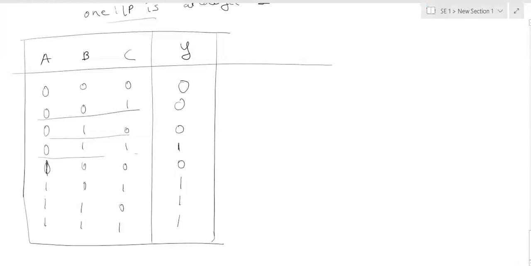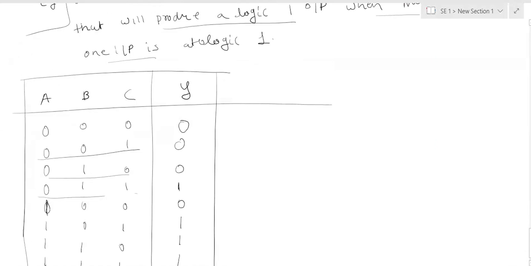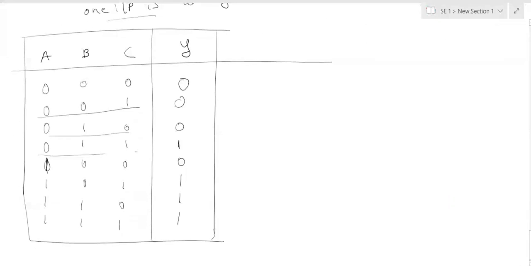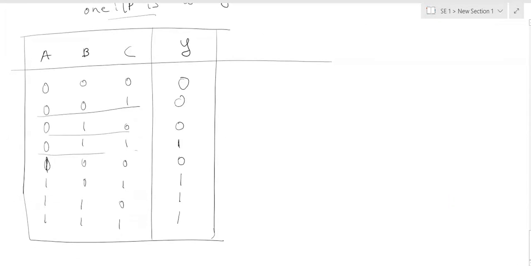By using a K-map, you can identify the Boolean expression. As in the question, it produces the logic 1 output, so the expression will be an SOP expression. We have to consider the inputs with output 1. Clear?